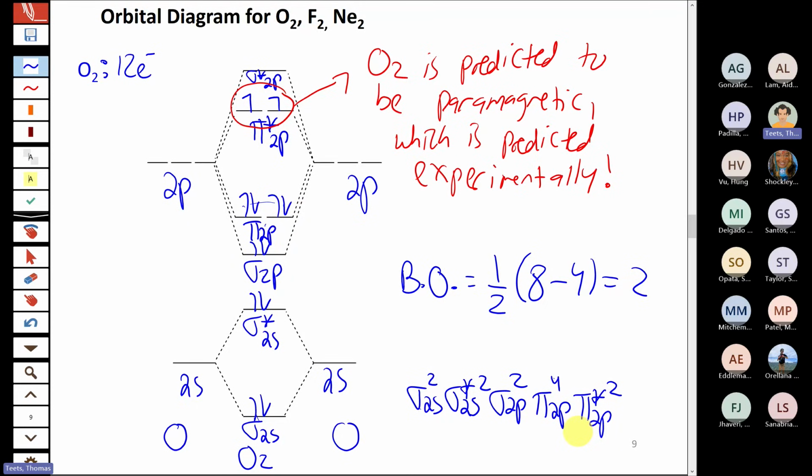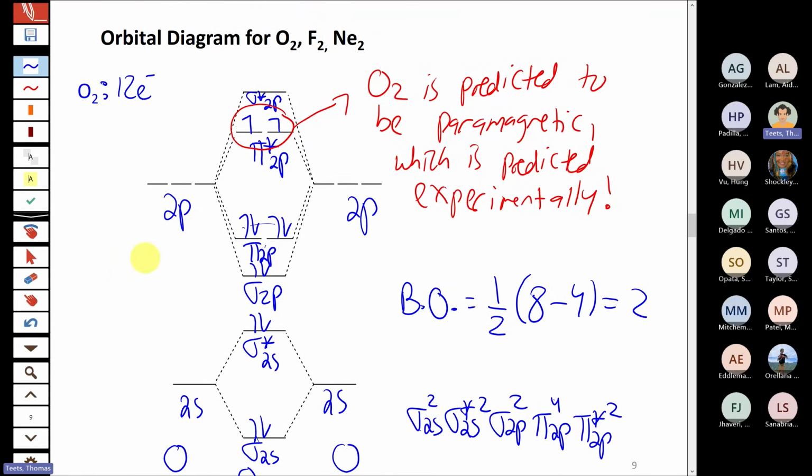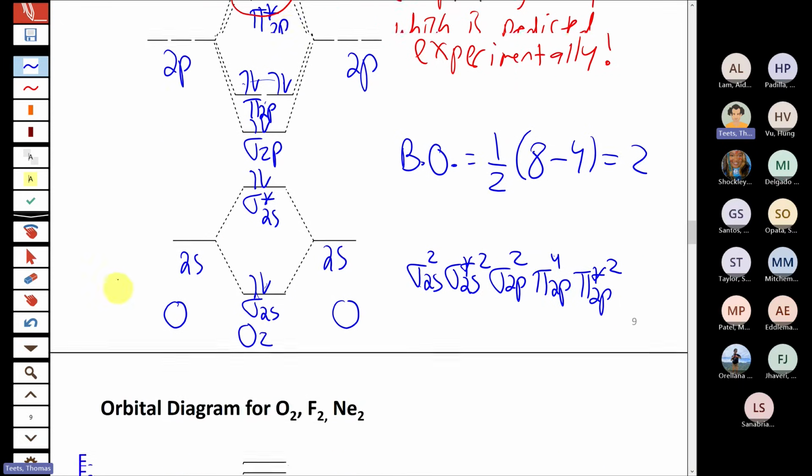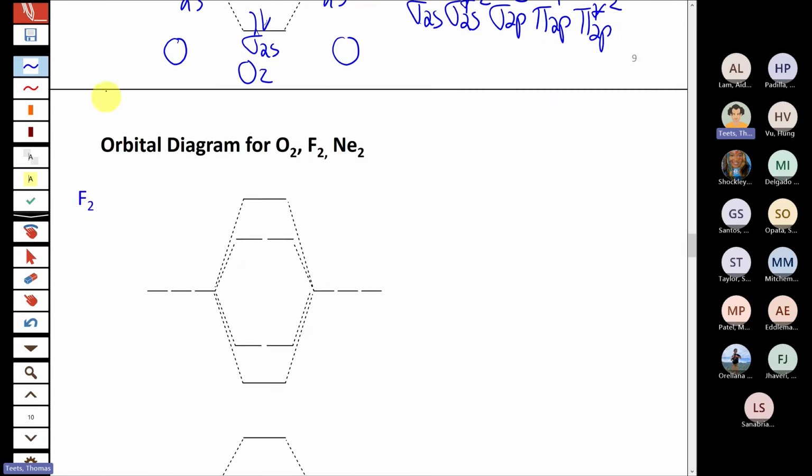All right, so that's how it works for molecular orbital diagrams for the 2p elements. Now, I want to be clear, I didn't mention this at the beginning. This specific diagram, this ordering of molecular orbitals, applies only to the second half of the p block. So starting with O2, which is p4, p5, which is F2, or if you want to do it for neon, which is the last one in the p block, you get the exact same ordering that I'm showing here. But when we go to the first half of the p block, there is a switch that occurs. Before I do that, let's do the rest in that series, though.